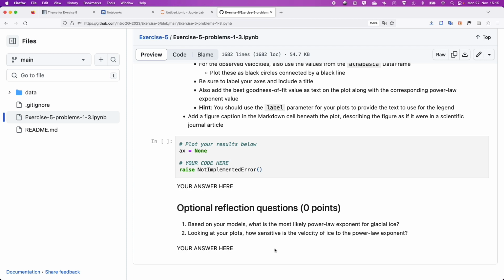Do you have any questions about the exercise at this point? All right, so if not, there are a couple things I was going to show you here